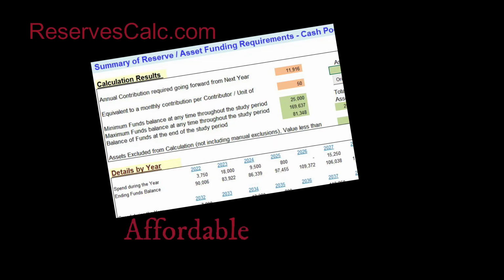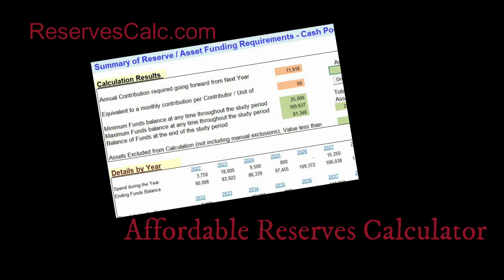Hello, my name is Richard, and today I'm going to be talking about the Affordable Reserves Calculator. This is the math part of a reserves study, where you'll input the details of all your commonly owned assets. The workbook can do the calculations using both the component method and the cash flow or pooling method. Today, I'm going to be focusing on the cash pooling method, and there's a separate video that concentrates on the